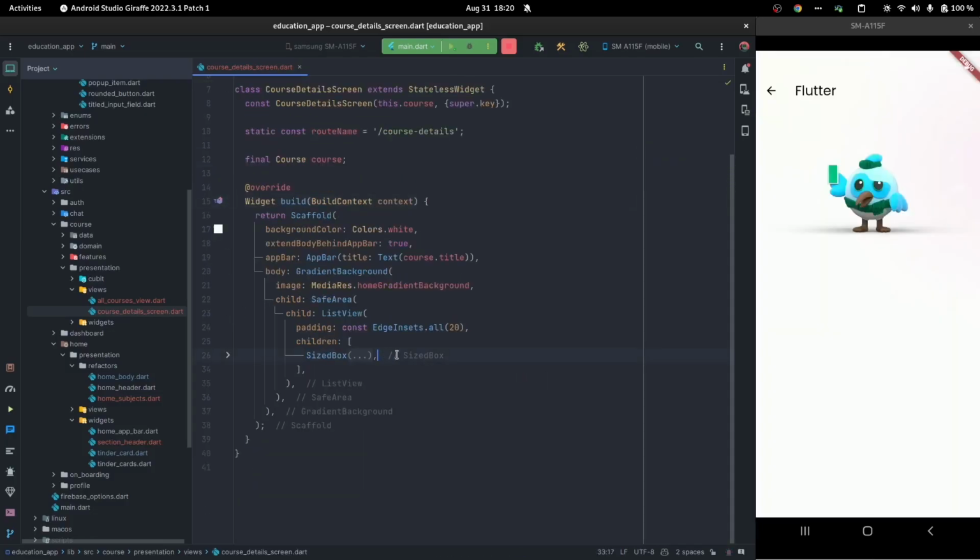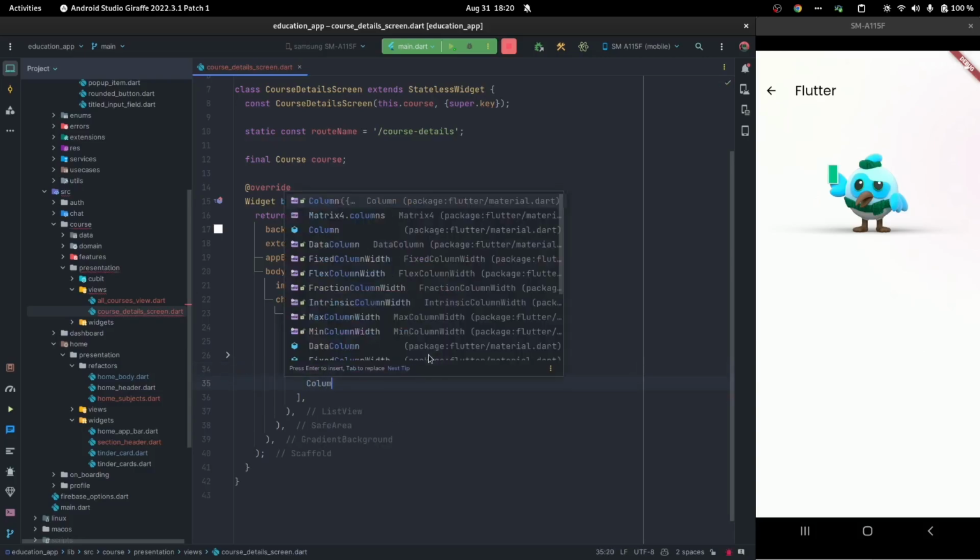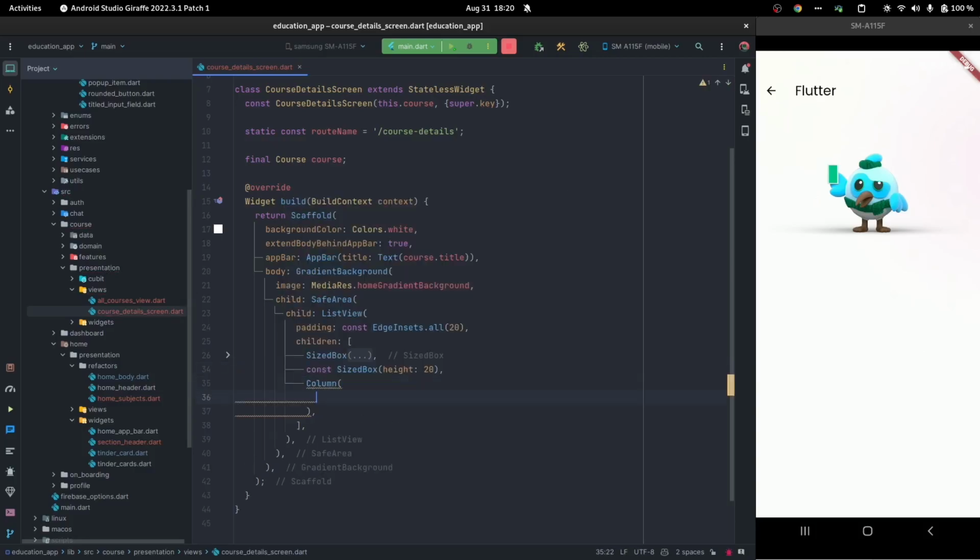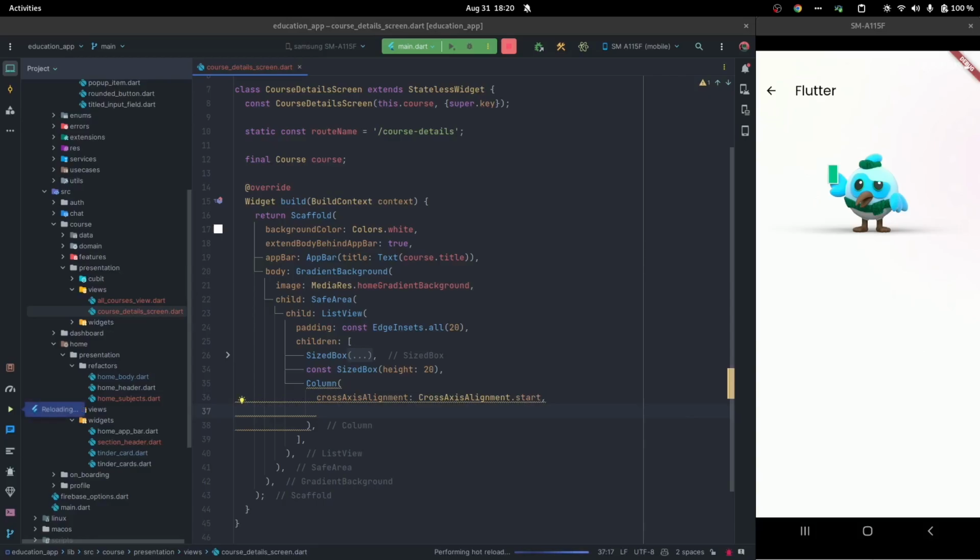We've got a sized box, yes. So for Flutter, we've got this beautiful dash. After the sized box, we've got another sized box, this time with height 20. It will be our spacer, and then we will start building out the rest of it. Now we have a column with cross-axis alignment start. It will have children